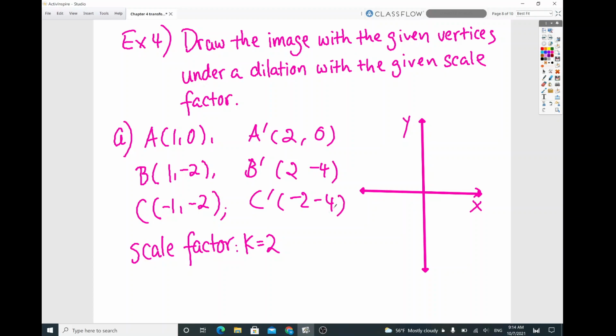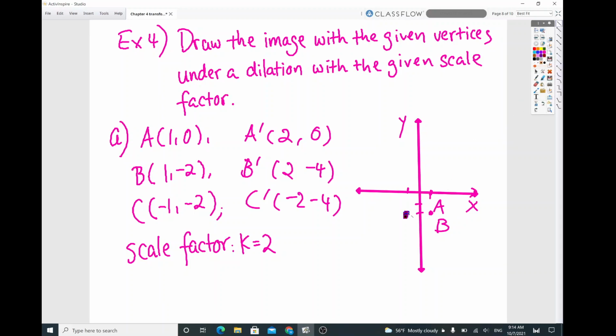Okay, so plot the points. So (1, 0), A. (1, -2), so that's B. And then C, (-1, -2), down here. So it looks like this figure is a right triangle. So once you connect them,